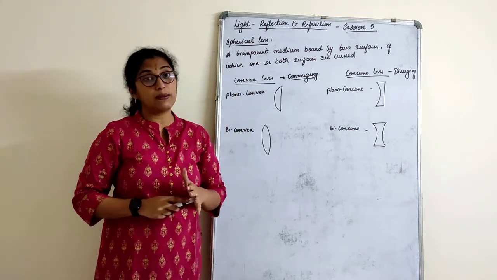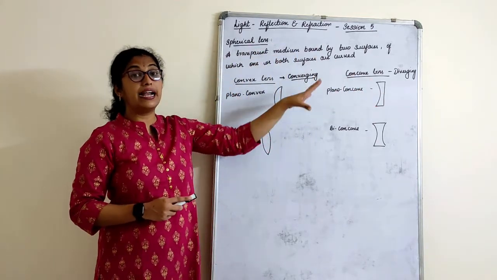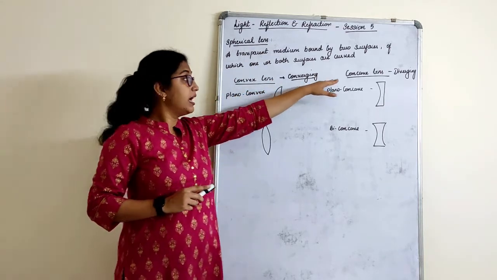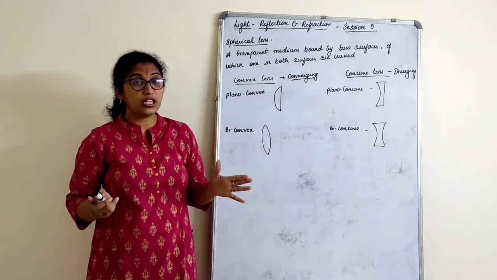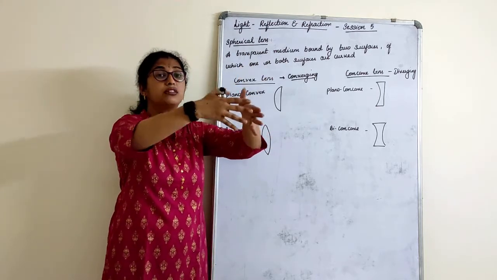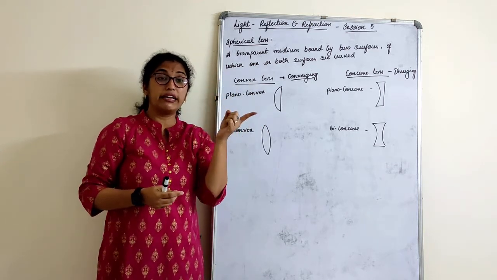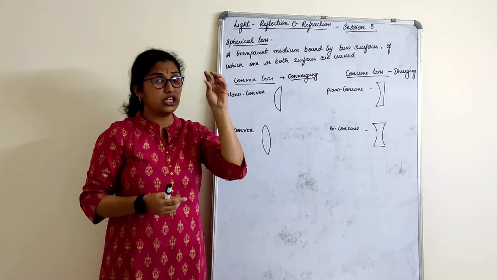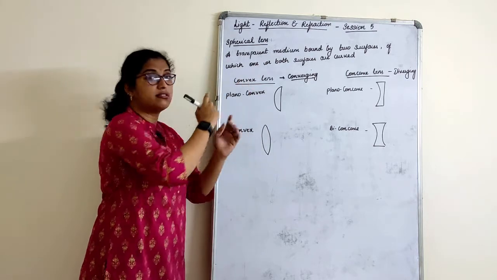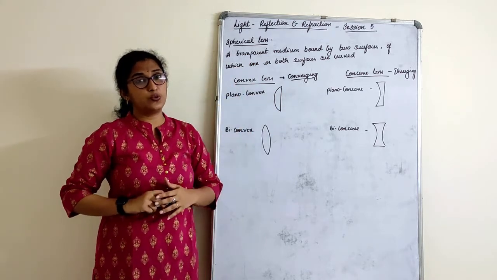So we have basically two types of lens, convex lens and concave lens, same as convex mirror and concave mirror. Here a convex lens is called a converging lens and a concave lens is called a diverging lens. In a convex lens all the light comes towards the focus, not the center. At the focus they concentrate. If you remember, concave mirror is converging and convex mirror is diverging. It is just the reverse of this. Remember this very well.